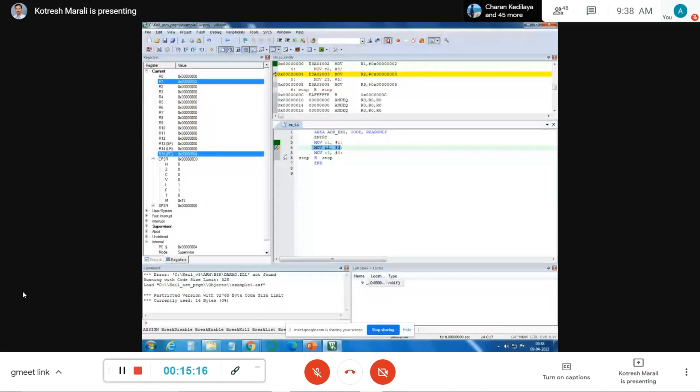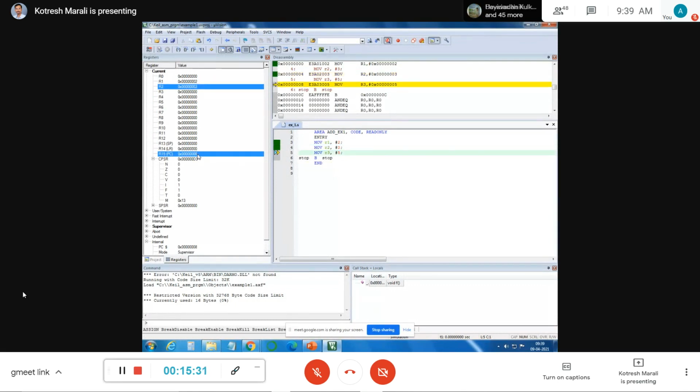Okay, now what will be the next address? On the other day I told you the width of the memory is 8, and it will jump by 4 bytes. So the next address will be 8. Look at this, it jumped to this address. Now PC is pointing to this location, which means this instruction is to be executed, and we already executed move r2 comma 3, and r2 we got 3, right?